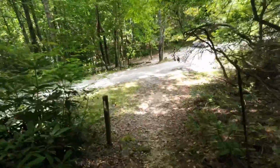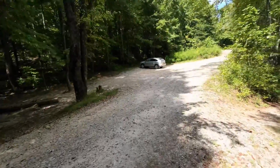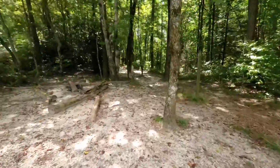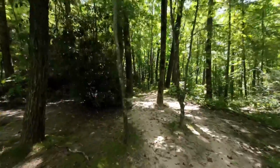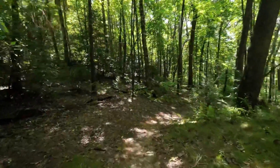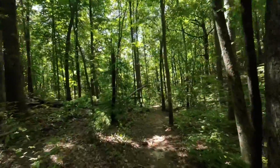Alright, so I'm already back at Indian Grave Gap. I'm not going to go see the Indian graves right now. I'm meeting up with everybody a little bit later. And with the roads here, I'm going to have to consult my maps and see what Forest Service roads I can run in this area, because that's pretty dope too. Elevation's more conducive to being able to run. It's less technical terrain, so I can get better training through these. I'm just on the other side of